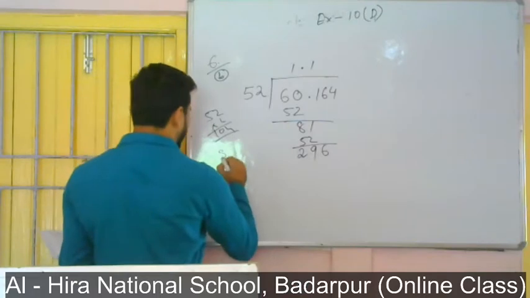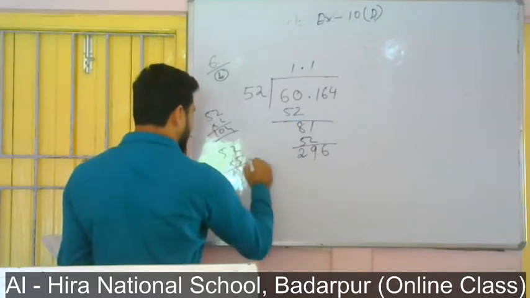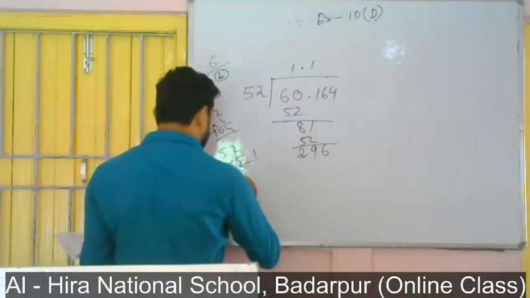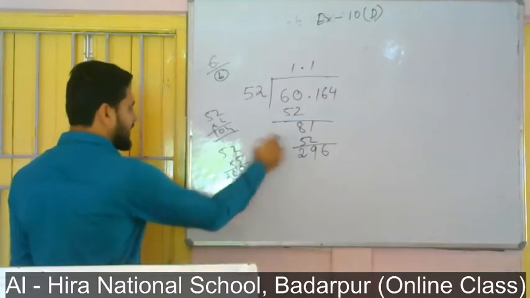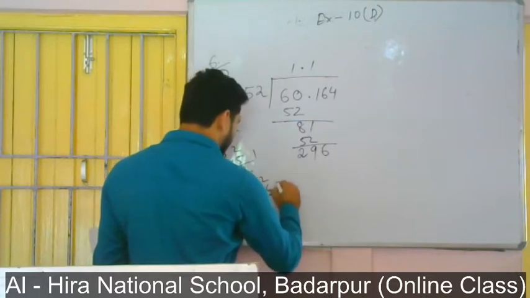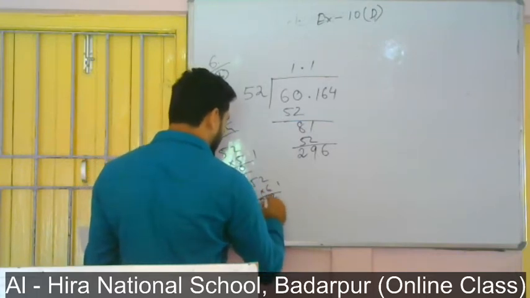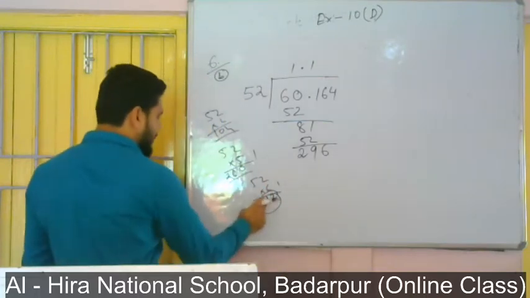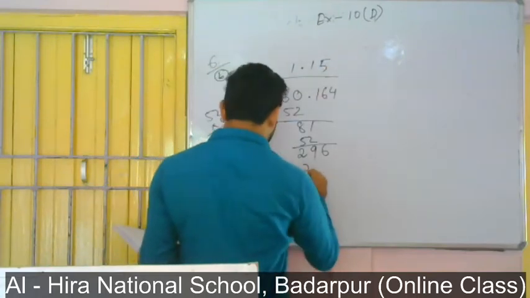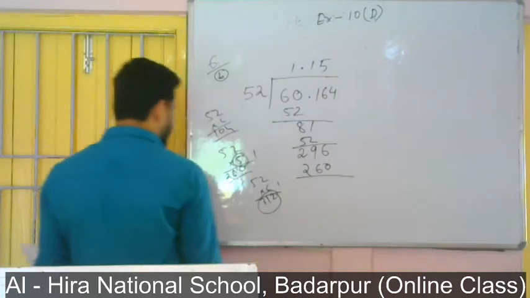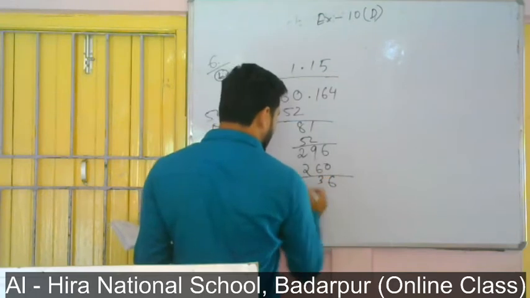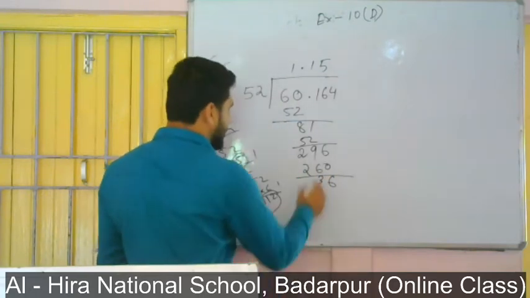Now let us check with 52 into 5. 5 2s are 10. And remain 1. 5 5s are 25 and 1, 26. 260. Okay. Then let us check with 6. 6 2s are 12 and 1. 5 6s are 30, 31. So it crosses 296. So for that reason we will write 5. 5 5s are what? 260. Okay. So here remains 6 minus 9, 3. Okay. 36. So 36 also not divisible.